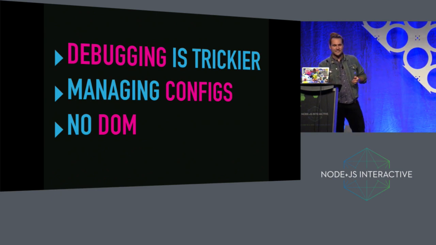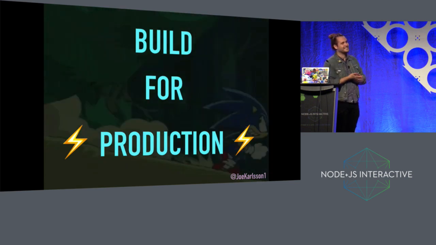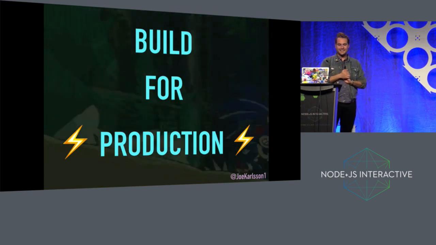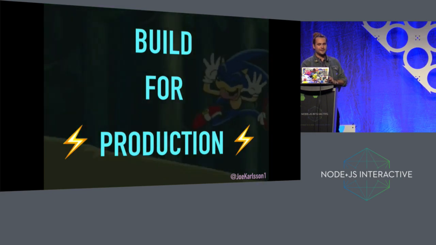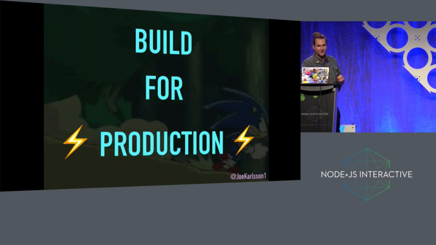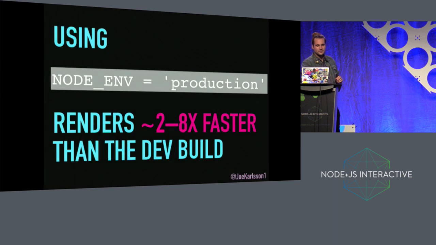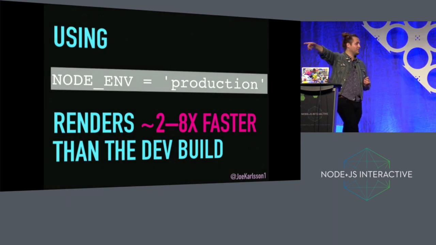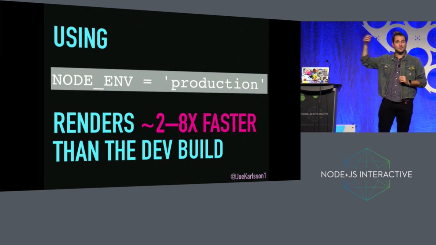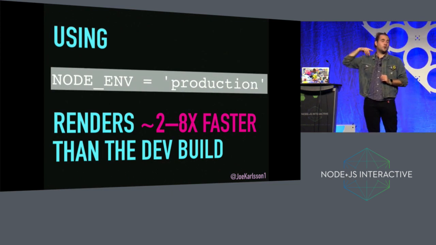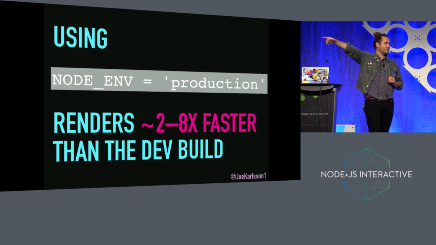OK. So next tip, building for production. So did you know that setting your node environment to production when you're building will allow your React application to run 2 to 8 times faster? So when you set this mode when you're doing your build, what it does is it runs a minified